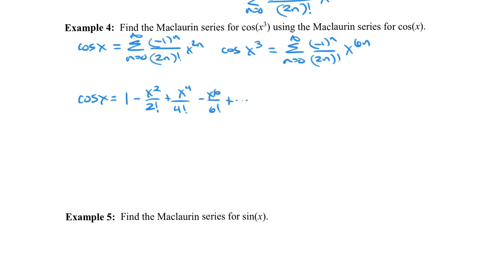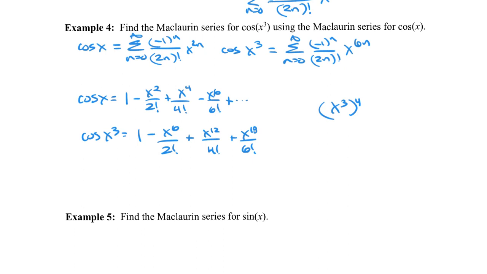Then cosine of x cubed is going to be equal to 1 minus, well, x cubed squared is x to the 6, plus x cubed to the 4th, which would be x to the 12th, because I basically have x cubed to the 4th. Then we have x cubed to the 6th, so there'd be a 6 here. That's going to be x to the 18th,